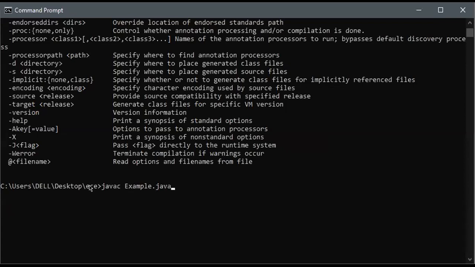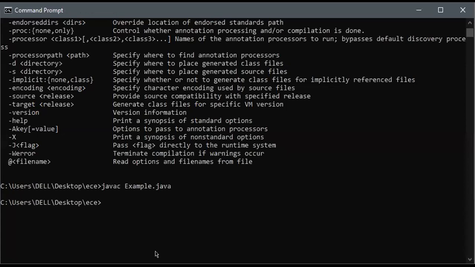Copy the folder's address, type cd and a space, and then the path where the program is available. After that, write javac, which we are going to compile, then the name of the class, and press enter.